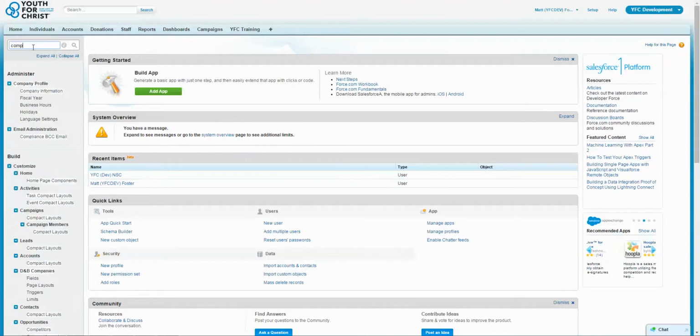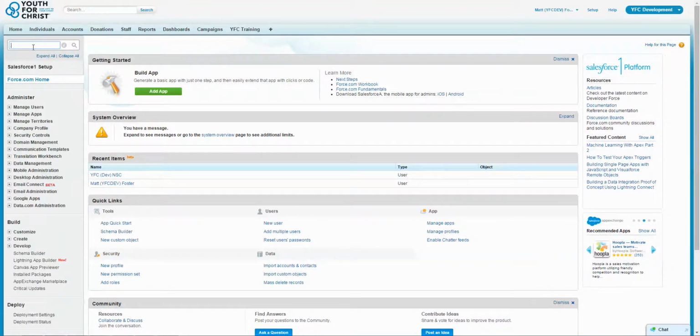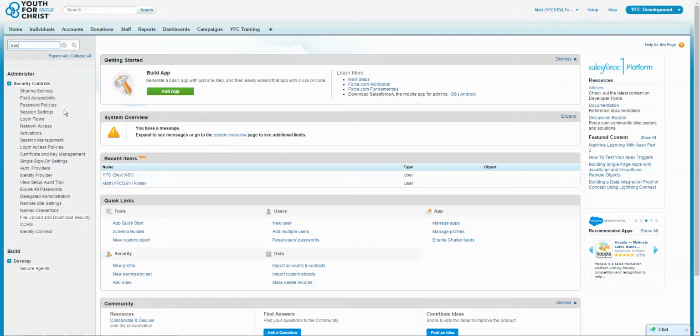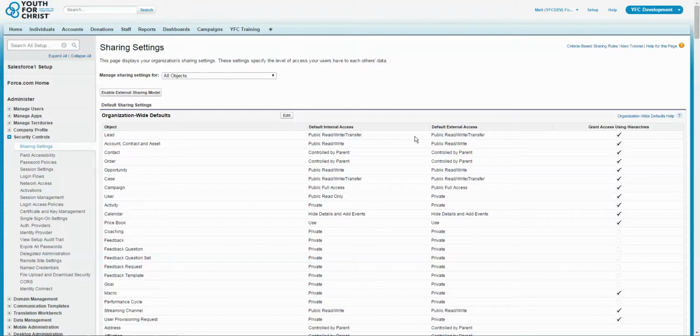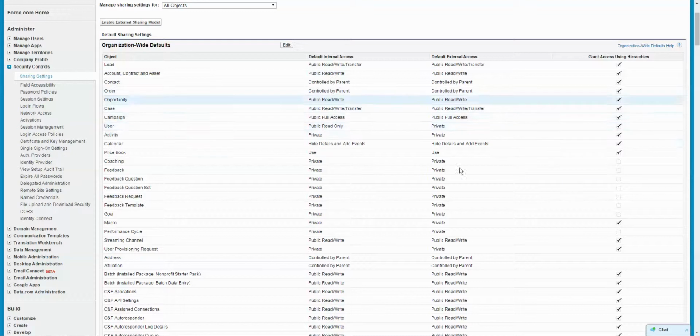So what I'm going to find here is security settings. Under our security and controls, we have quite a few different ways to restrict and or open up access restrictions. I'm going to quick go into sharing settings, and you're going to see some overall sharing settings in this section. You're going to see default internal access, external access, which many of you won't run into. But you'll be able to set the user level